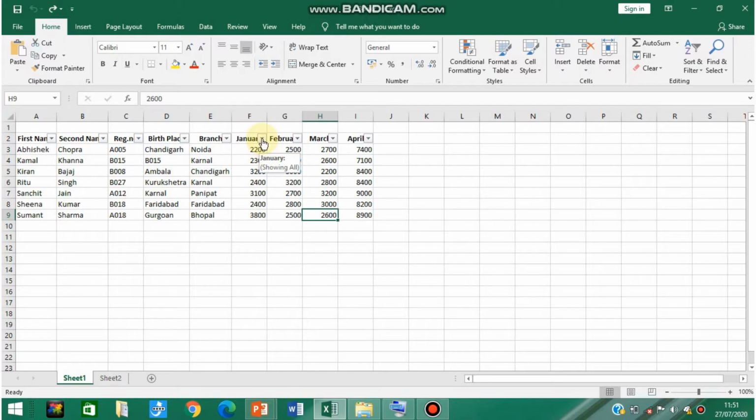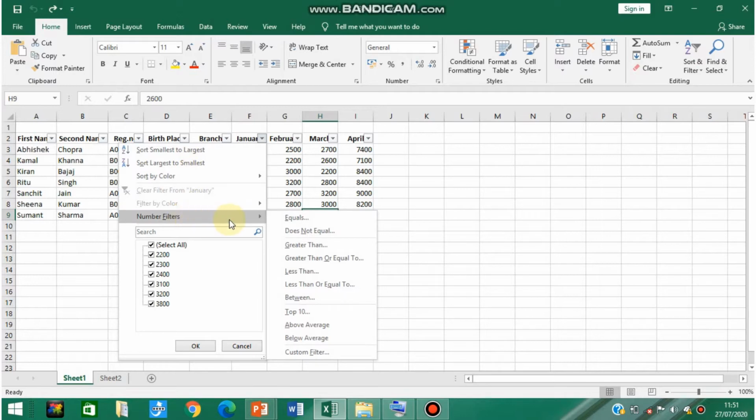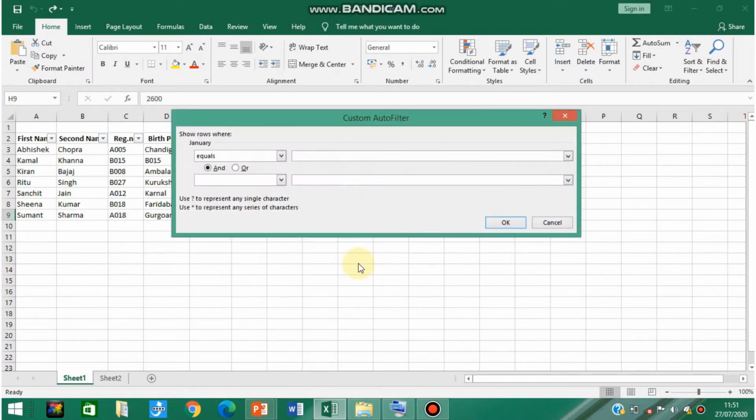Click on that drop-down control and a drop-down list appears. From this list choose Number Filters. Beside that, one more mini list appears. From this list select Custom Filter. After selecting Custom Filter, the Custom AutoFilter dialog box appears on the screen.